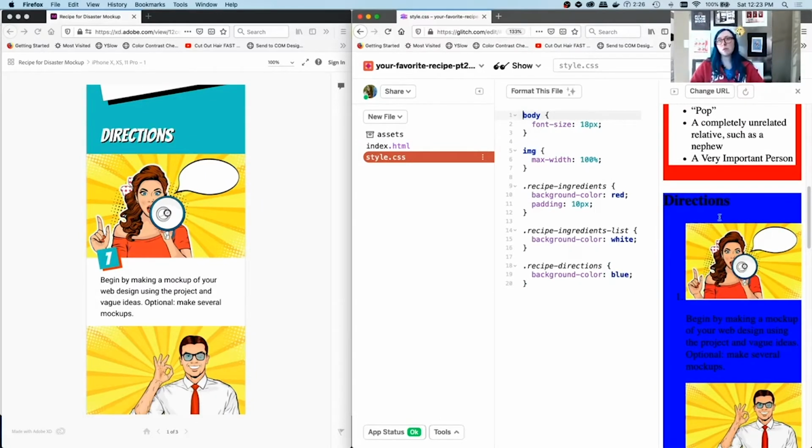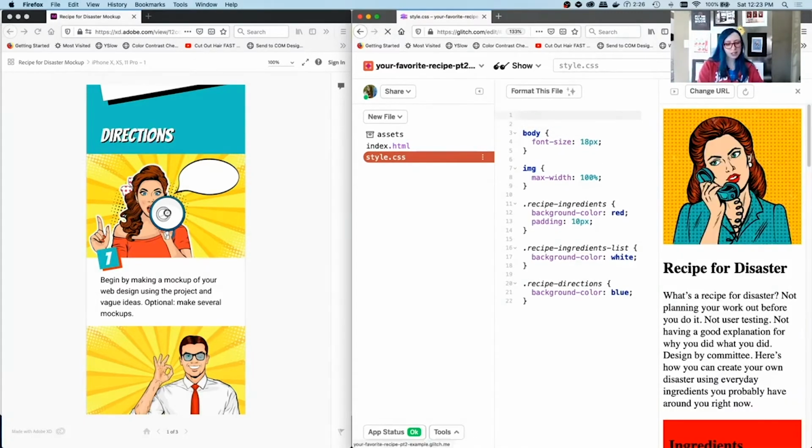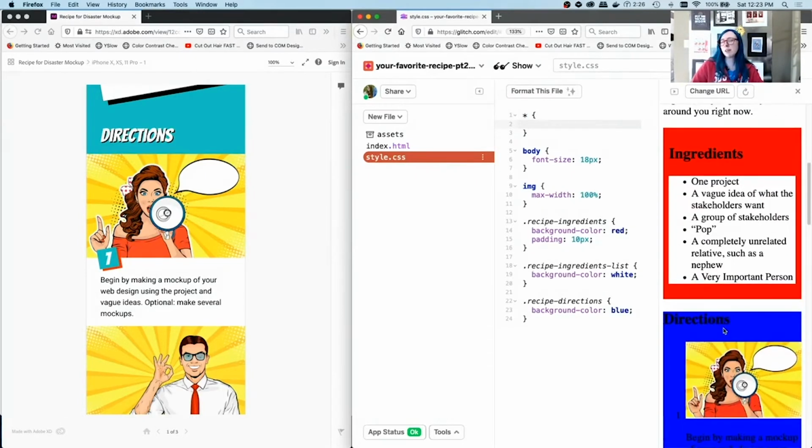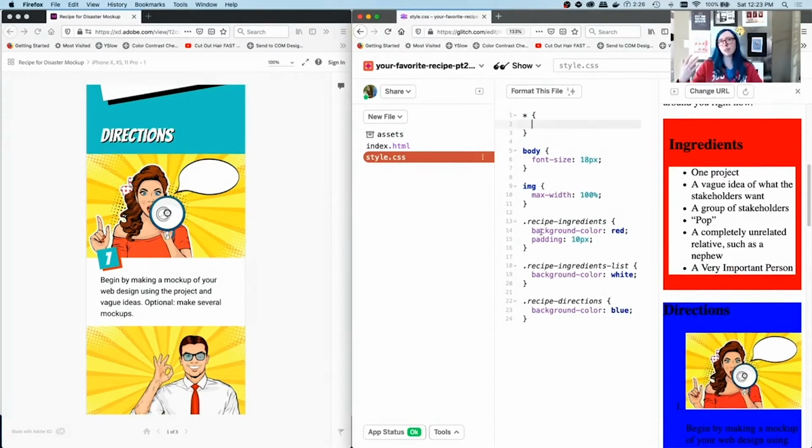And by default, the width of something includes the border, the padding, and the actual width. So one thing we can do real quick here is select everything. That's a star selector. And even if you don't understand the box model yet, you can put this rule at the top of your page to help you along with your CSS.